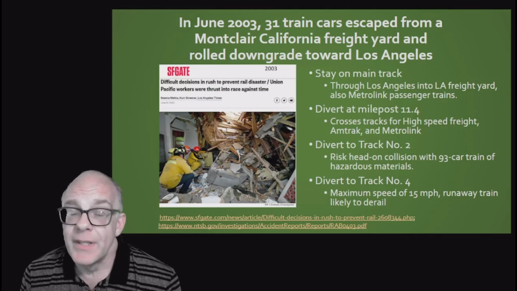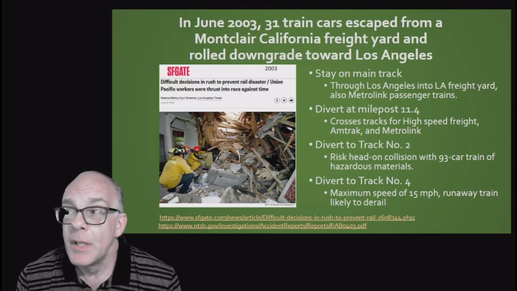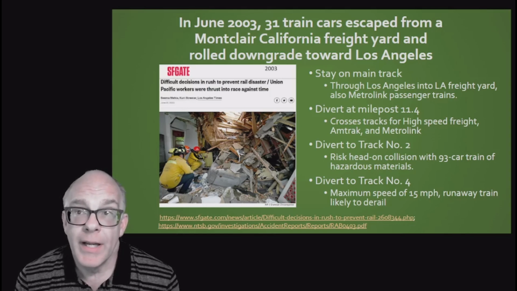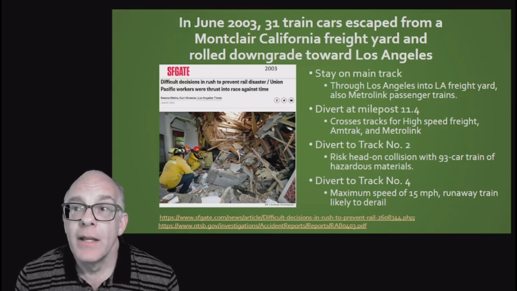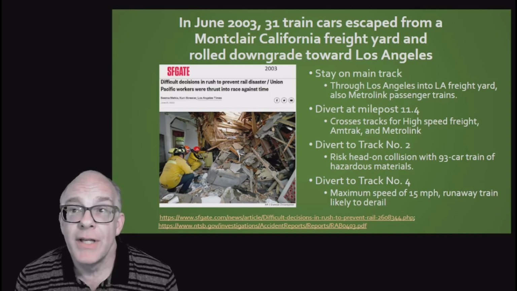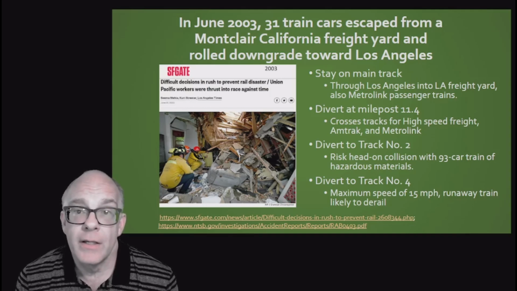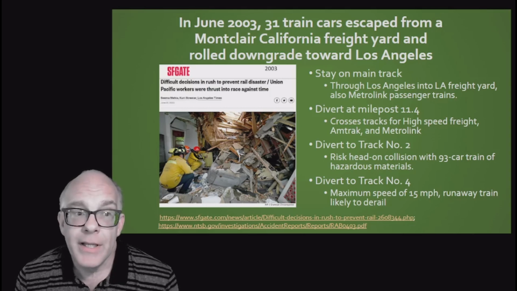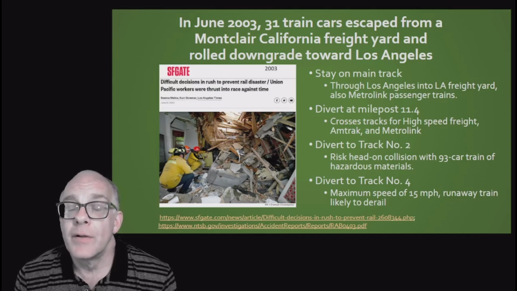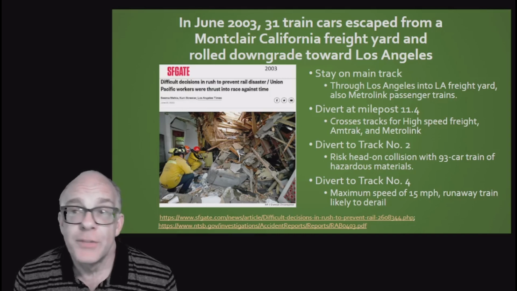And they were faced with a couple situations. They had to make a decision as to what to do. They could allow this runaway train, or at least these runaway train cars, to stay in the main track, and they're going to go through Los Angeles into the Los Angeles freight yard, and potentially crash into a Metrolink passenger train, commuter traffic line. They could divert it at milepost 11.4, where it would cross the tracks for high-speed trains